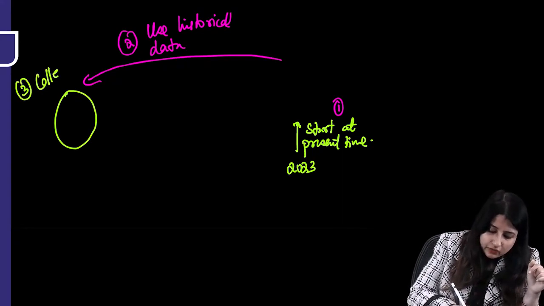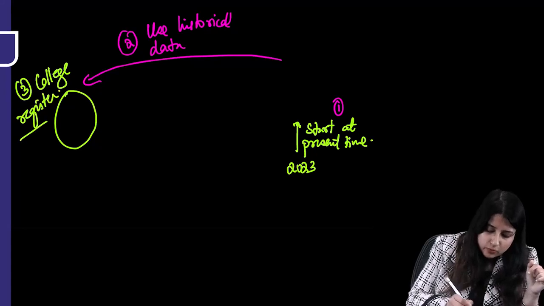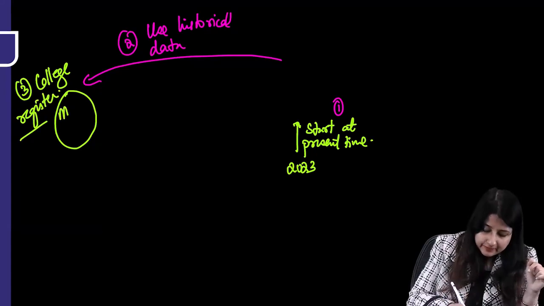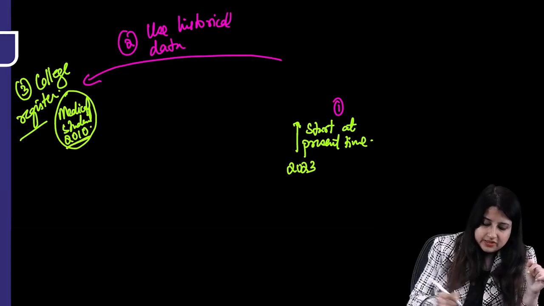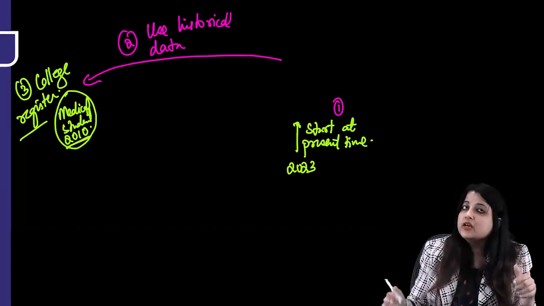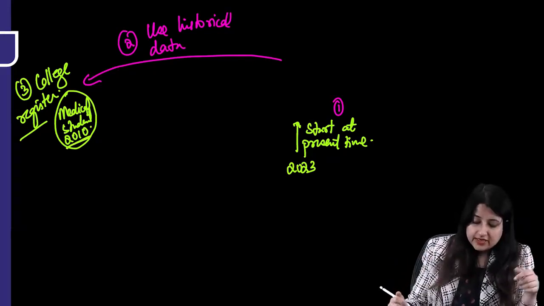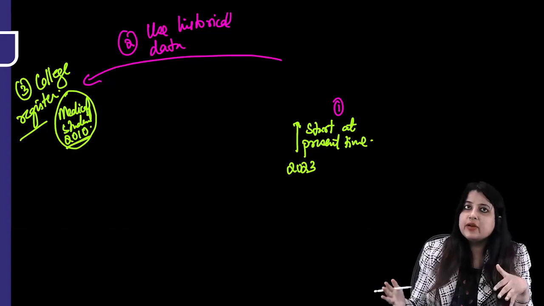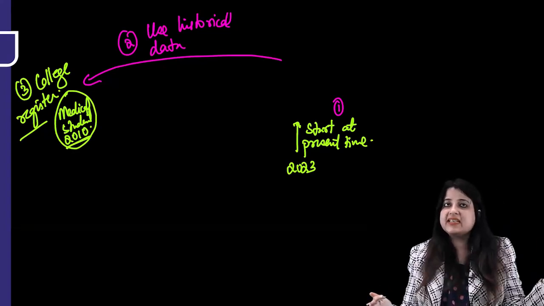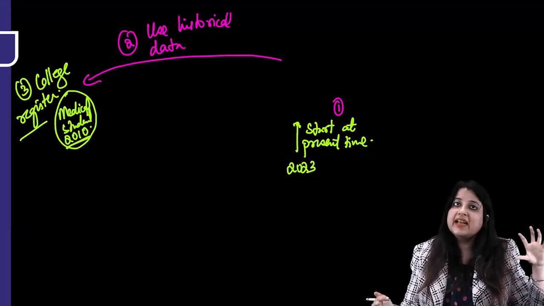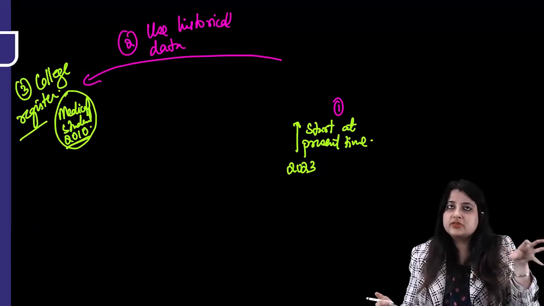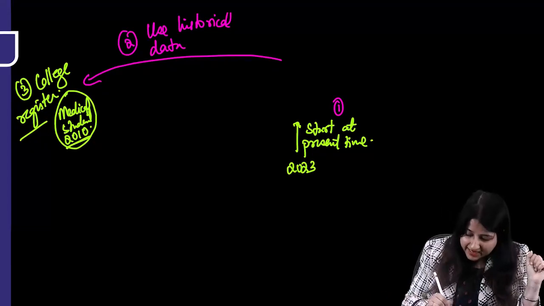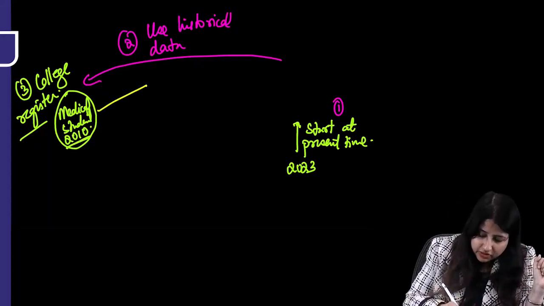Let's say I have found a college register of a group of medical students who were admitted in a medical college in 2010. So I found that college register. So it's not like from 2023 I've switched to 2010. No, I've just made use of a college register of 2010, and based on that college register, what is my